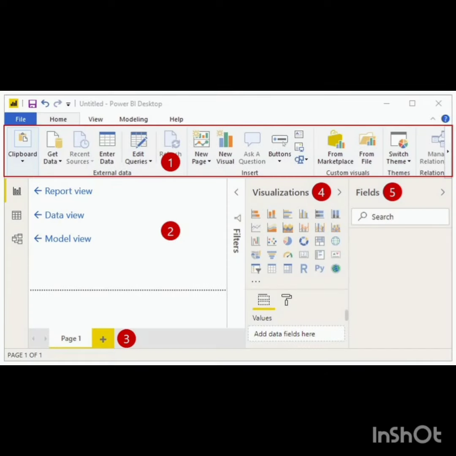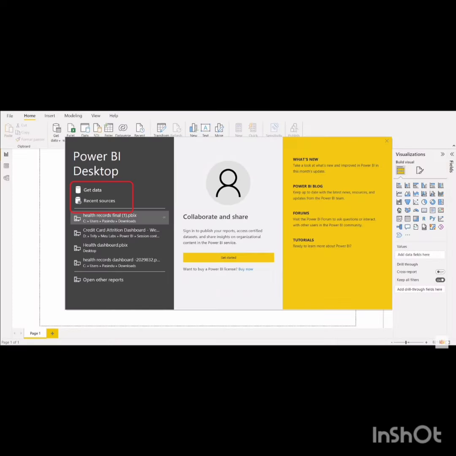When you open the Power BI, first you will get a welcome screen like this. Here on the left hand side, you can see the options like getting data, accessing recent files, and in the middle section you have the sign in option, and towards the right hand side you can see few useful links where you can see new features released by the Power BI. For the time being we will not use this screen, so you can close it and go to the Power